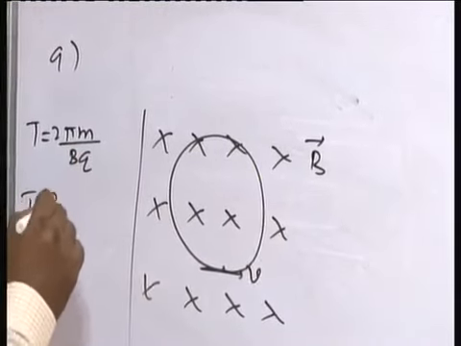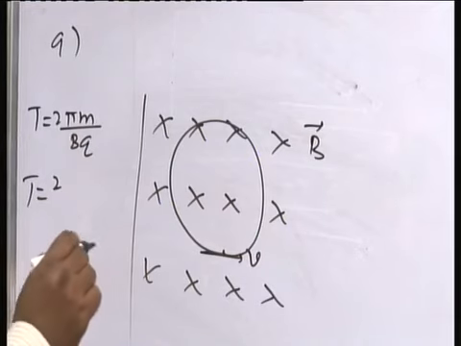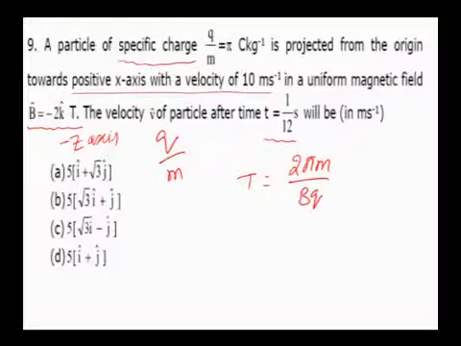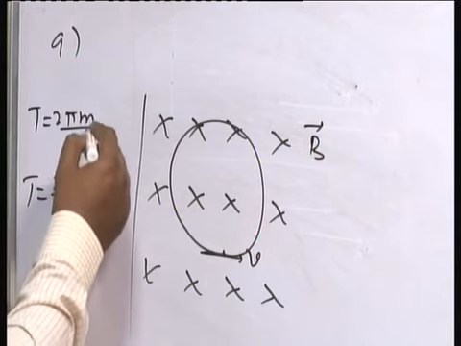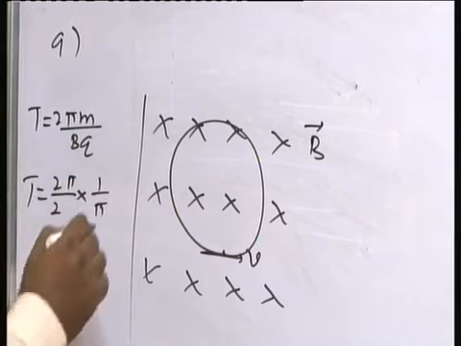Q by m is given as π, and the magnetic field is given as 2. So it is 2π by 2. Q by m is given as π, but here it is m by q. Therefore it becomes 1 by π. Okay, so if we cancel this,